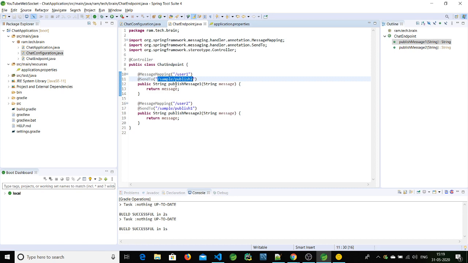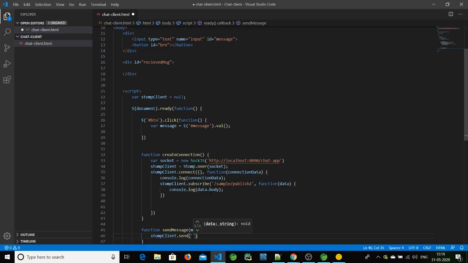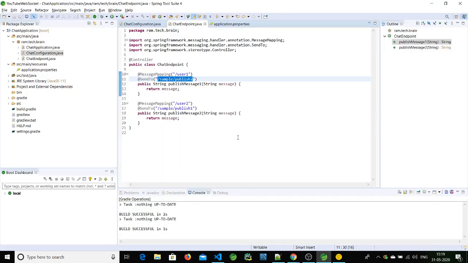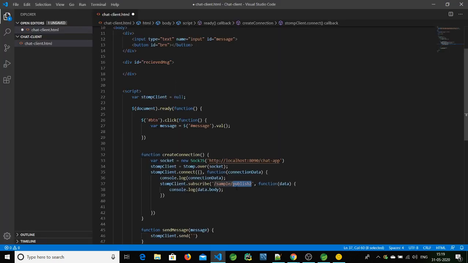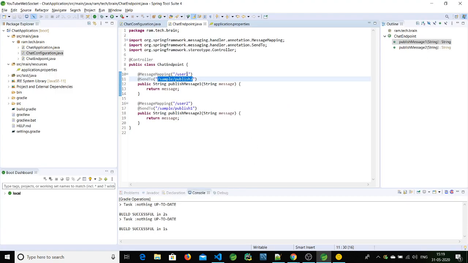So suppose, let's see, here we have subscribed to publish to, so it means we are the second user, and we are receiving messages as the second, so we have to send messages to the first. Whatever message is posted to second, that will be received here, and user first will post messages to second, and user second will post messages to first.